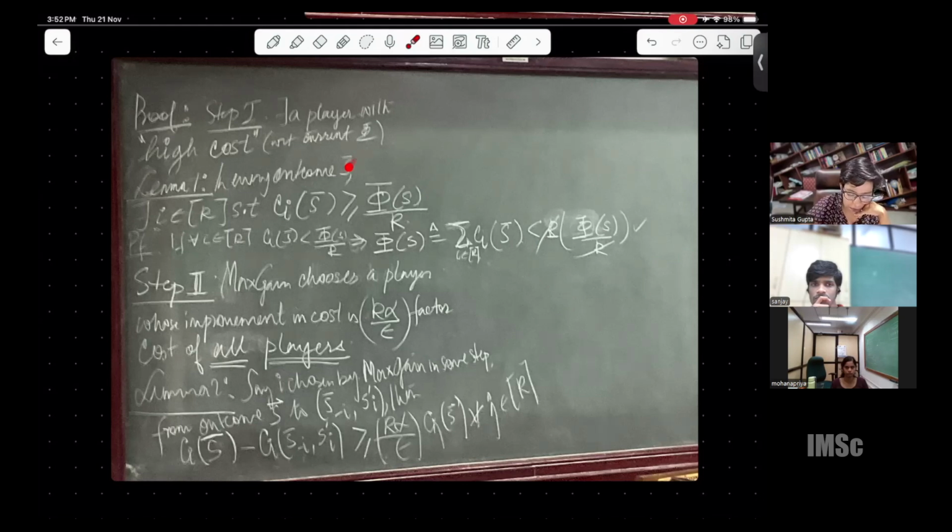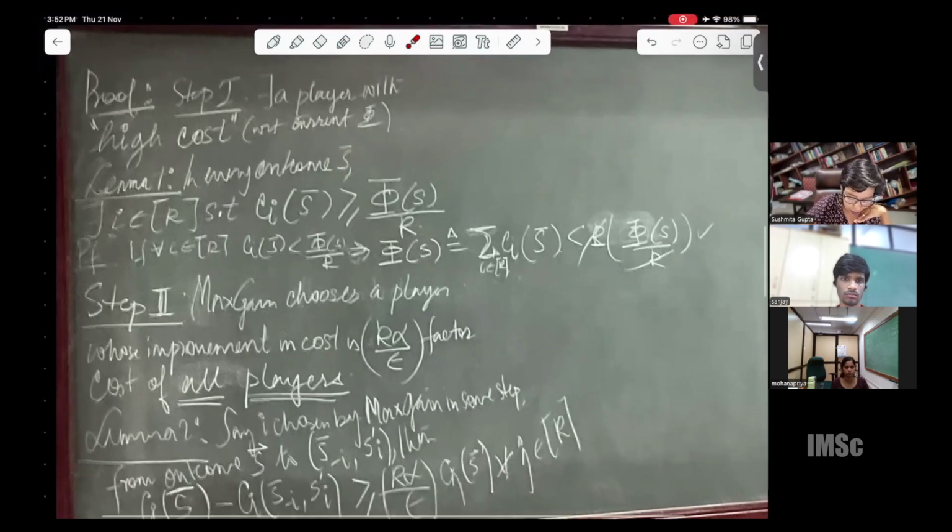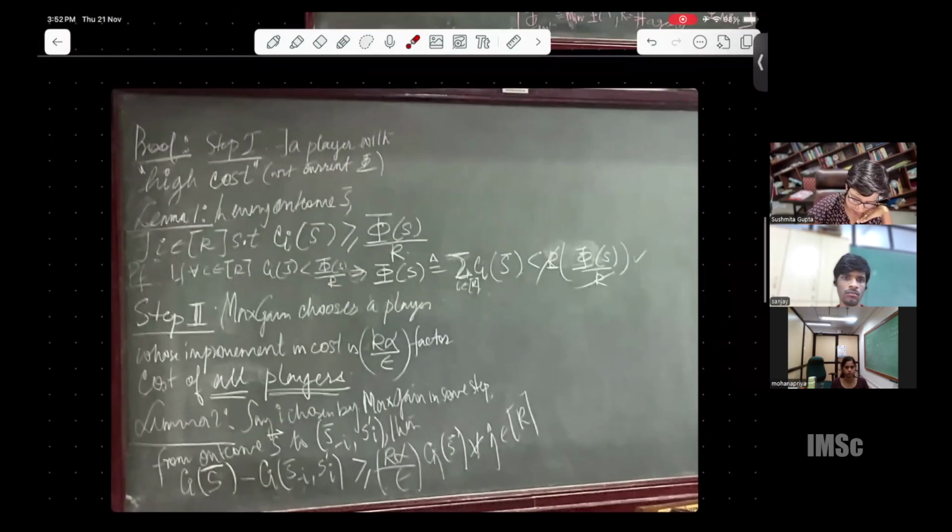In every outcome, there exists a player i such that the cost of i is at least phi s by k. And the proof is very simple, in part because we assume